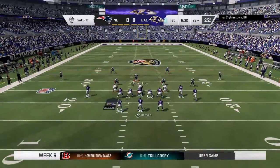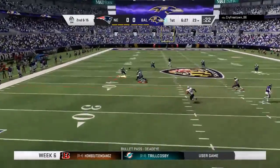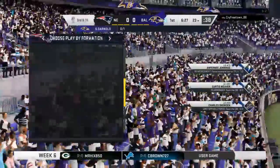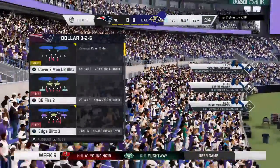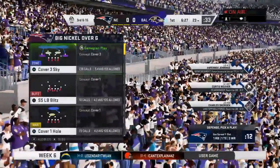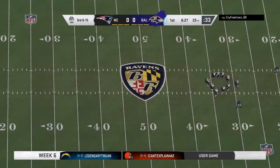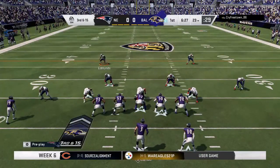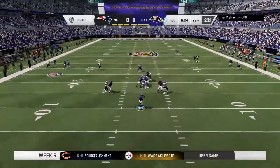Coming up now on a 2nd and 15 following that sack. They try to throw on 2nd down, but this one is incomplete. Defensively here, you're facing a top 5 team in terms of points scored in the NFL. So when they're that high-powered, you've got to find a way to hold them under 20, because to me, that's the magic number. 20 points scored, you give yourself your best chance to win. So if they're up around 24, 28, 30, they could be in some trouble. And I think so, because then you turn it into a shootout, and that means your offense has to keep